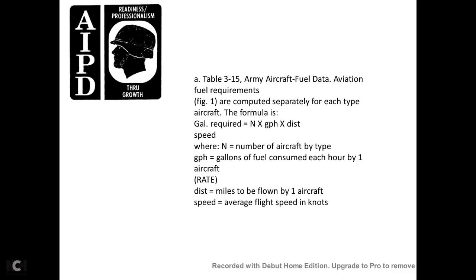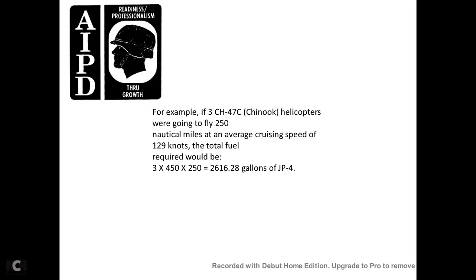Table 315, Army aircraft fuel data, aviation fuel requirements, figure 1, computed separately for each type of aircraft. The formula is: gallons required equals number of aircraft times the gallons of fuel consumed each hour by one aircraft, times the distance in miles flown by one aircraft, divided by the flight speed in knots. For example, if you have three CH-47C Chinook helicopters flying 250 nautical miles at an average cruising speed of 120 knots, the total fuel required would be 3 times 150 times 250 divided by 120, equaling 2,616.28 gallons